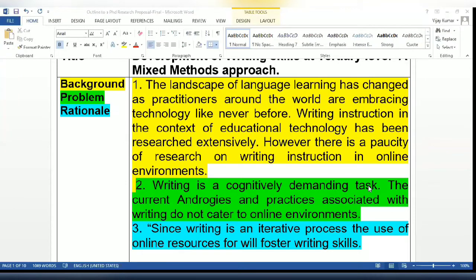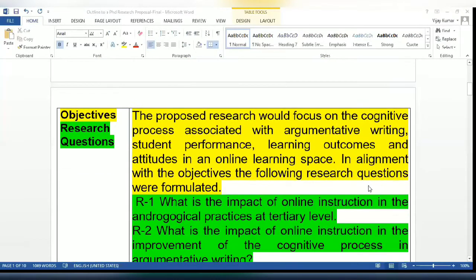Now in the third part of my proposal, I would say why that problem deserves or merits further investigation. So look at the word that's highlighted. The last one, since writing is an iterative process, the use of online resources for writing will foster writing skills. So I'm just giving a rationale of why this research merits a deeper investigation. So having said that,